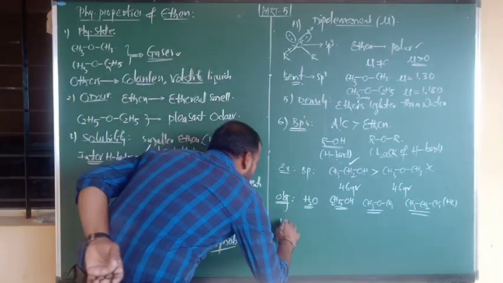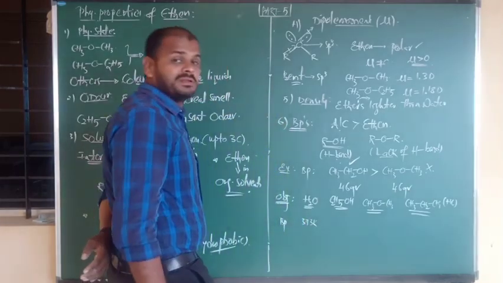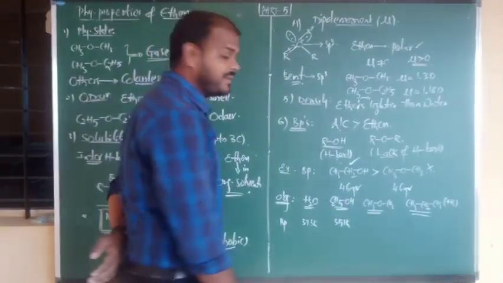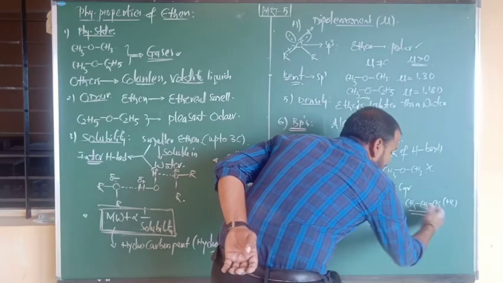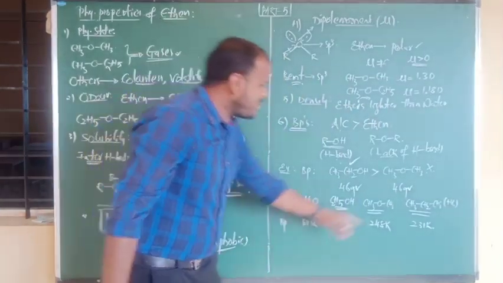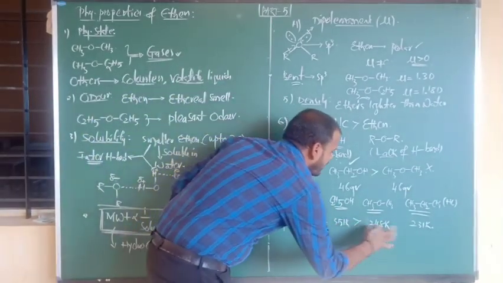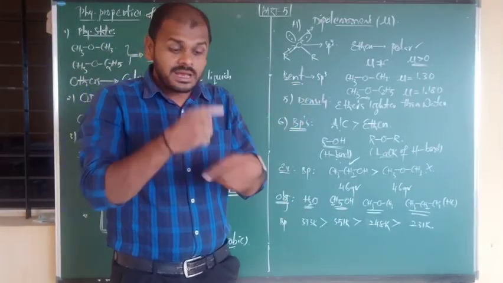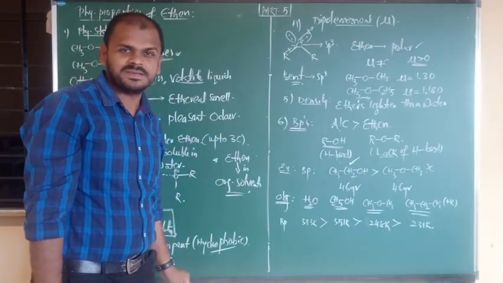What is the boiling point of water? You know very well, 373 Kelvin. And what is the boiling point of ethyl alcohol? 351 Kelvin. And the boiling point of dimethyl ether is 248 Kelvin. And the boiling point of the hydrocarbon propane is 231 Kelvin. So from hydrocarbon to ether, ether to ethyl alcohol to water, the boiling point value increases, because the water molecule contains more hydrogen bonds and due to more association, to break this you require more temperature. Understood, son? Good.